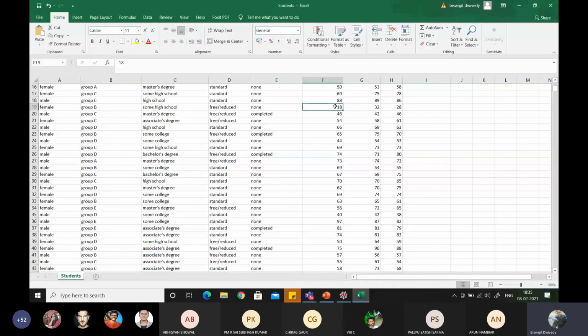If I am getting the entry as 18, then that value must be removed from my dataset. So I have to write some commands, like whenever the value varies from 0 to 49, that entry should be removed from that column. So these types of things are there.